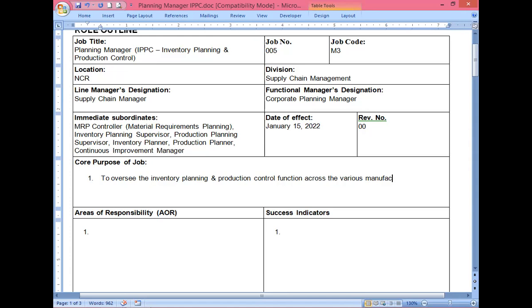I would say manufacturing plants. There could be more than one plant, right? Strategically positioned. Could be one in NCR, one in region one, region two, or another one in Cebu or in Iloilo. What region is Iloilo and Cebu? I think region 8 or region 9. And one in, let's say, for example, Davao or General Santos.